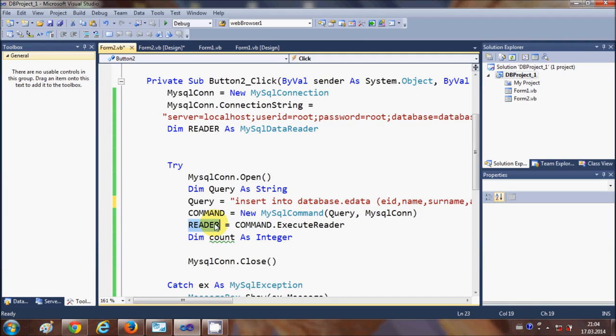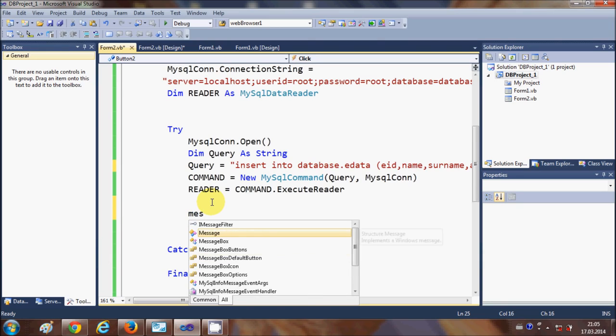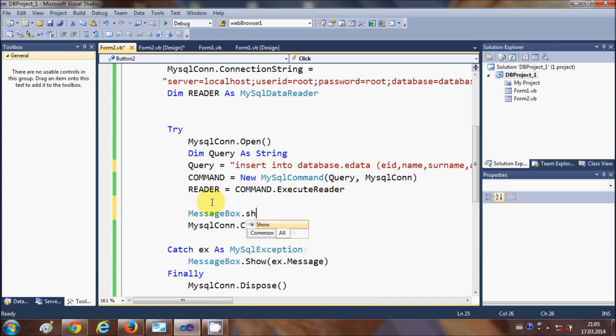Then we declare a reader, so just copy this reader variable from here, is equal to command.execute reader, right? And this count you don't need, so I will delete it. And now you can show the message that your data is saved into the database. So I will say message box dot show, and I will say